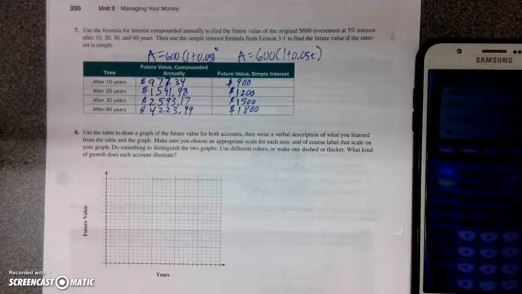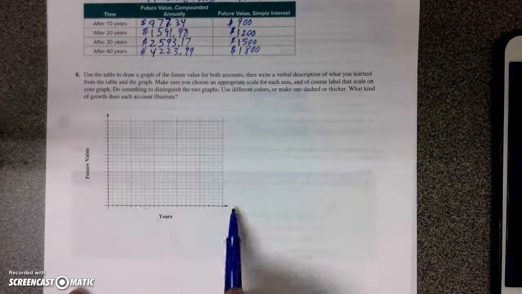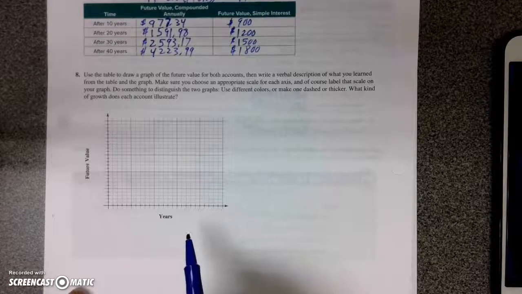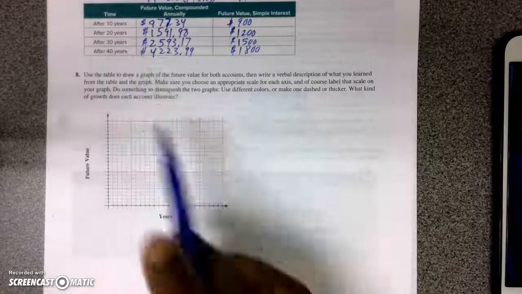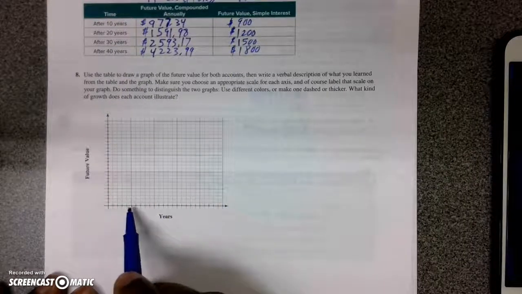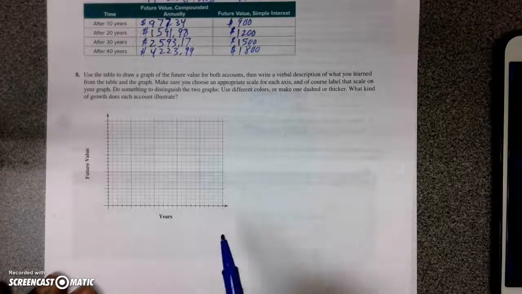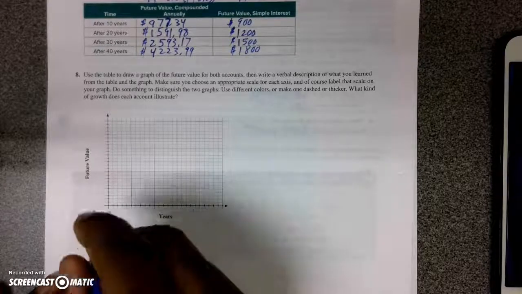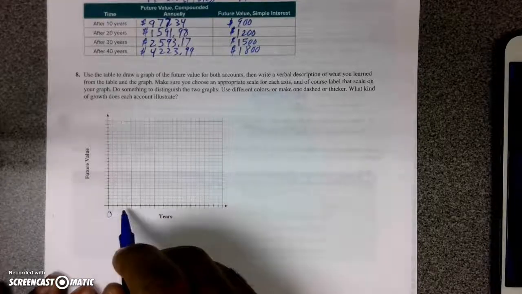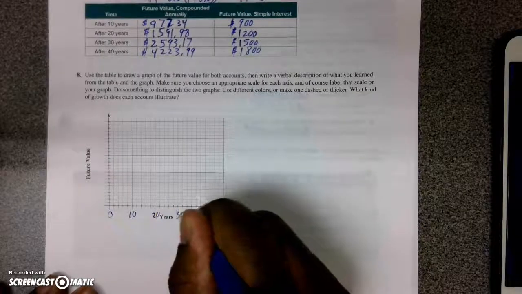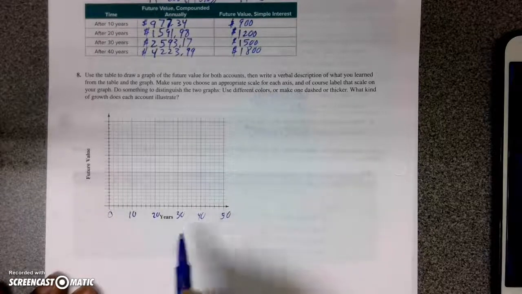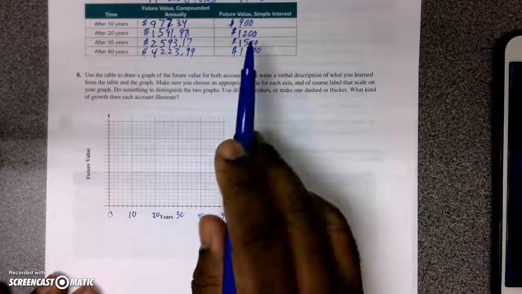Okay, so first of all, we need to look here at our x-axis and our y-axis. Okay, so now our x-axis would be the years, which we have here. The years go from 10 to 40. So if we look here, we have 5, 10, 15, 20, 25 tick marks. So I would suggest we go by, let's see, 2s. So this will give us 10, this will be 20, 30, 40, and then 50. And that will cover all of the values. Now as far as the money is concerned, it goes anywhere from 900 to 4,200. And I would suggest we go